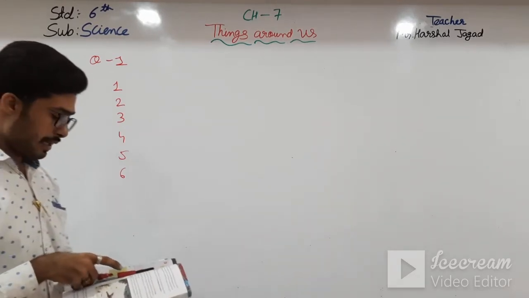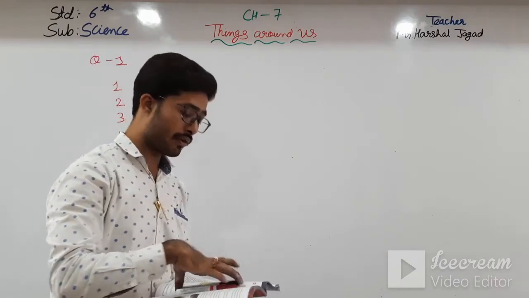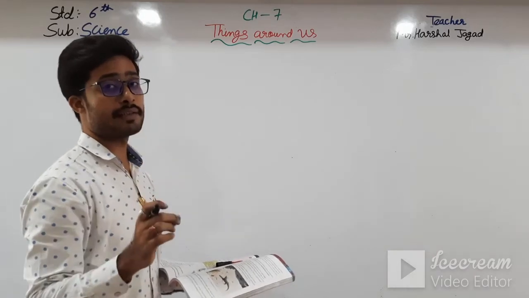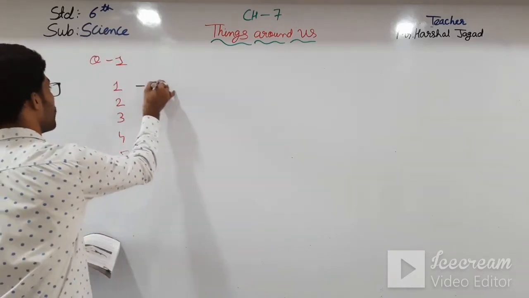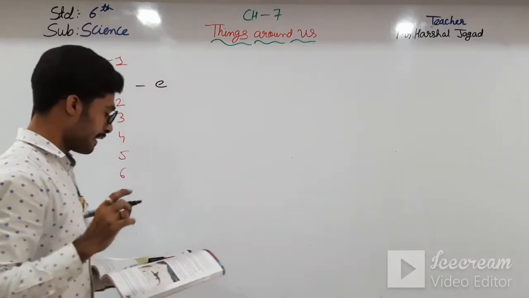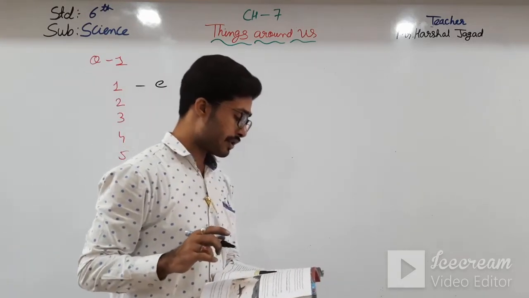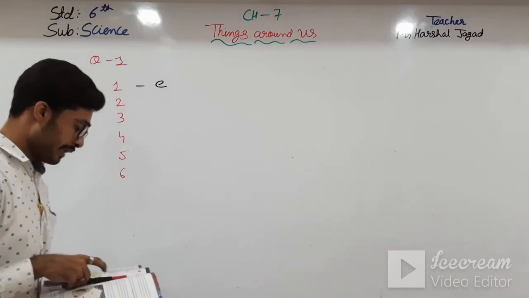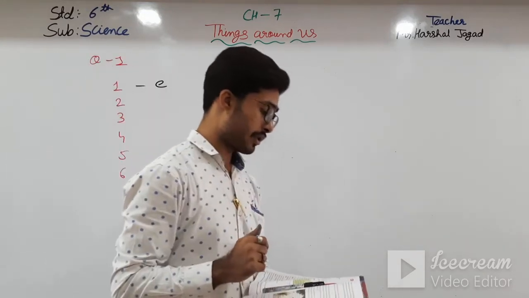Here, a group of similar cells is known as tissue. We know that many cells combine with each other and make the tissue. So the first answer will be E. Then comes the second: respiration in plants requires